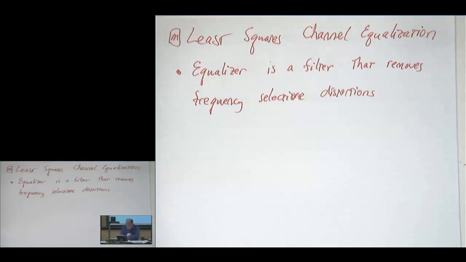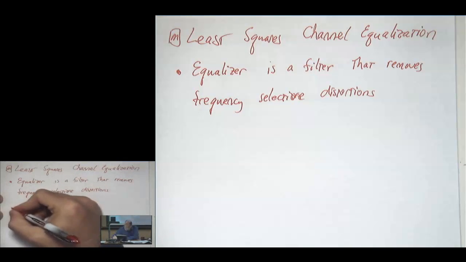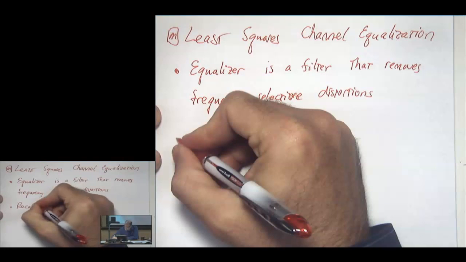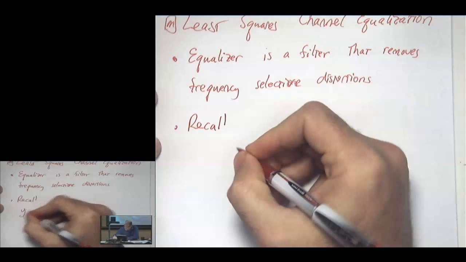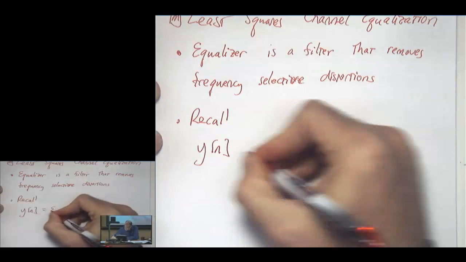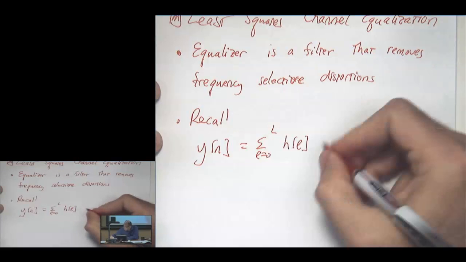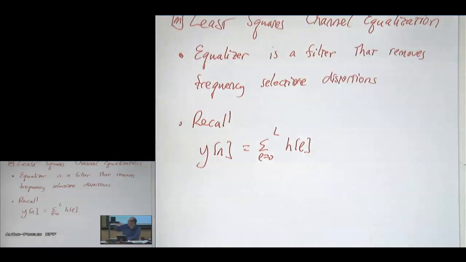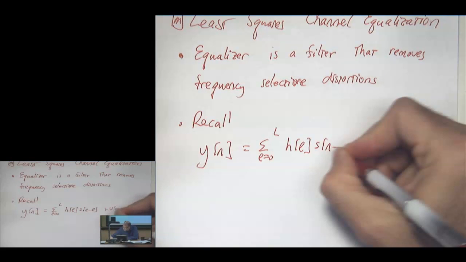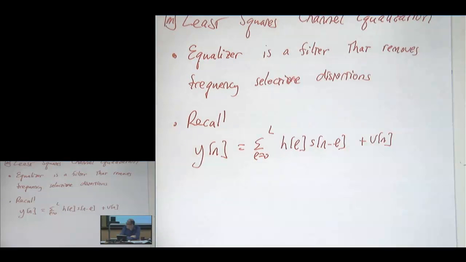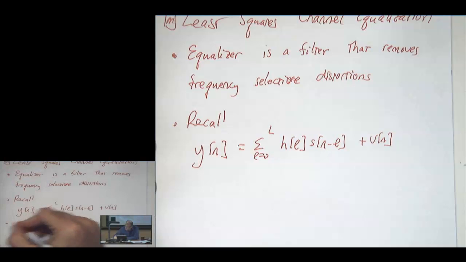And so the idea is that we're starting off with the input-output relationship that looks like this. We're going to consider everything in discrete time at this point. And so we have our channel here corrupting our transmitted symbols, added by noise here. And so from a discrete time signal processing perspective, this filter is distorting our sequence of symbols. What we want to do is construct,